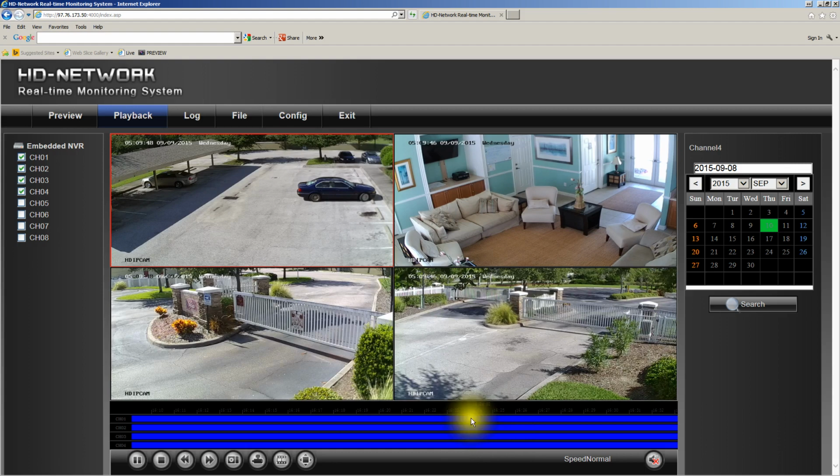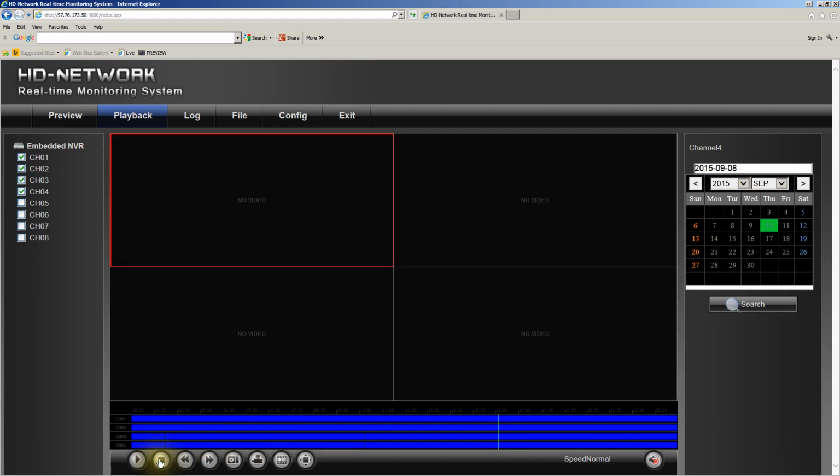So this is 1624, which is 4 o'clock in the afternoon, to 1625. All right, so you can get more accurate as to where you want to be that way also. If I roll the wheel back, now it goes back and you can have a 24-hour timeline. You come down here and we click the little icon that says stop, and the video will stop. So that there's how you watch, and you can watch any